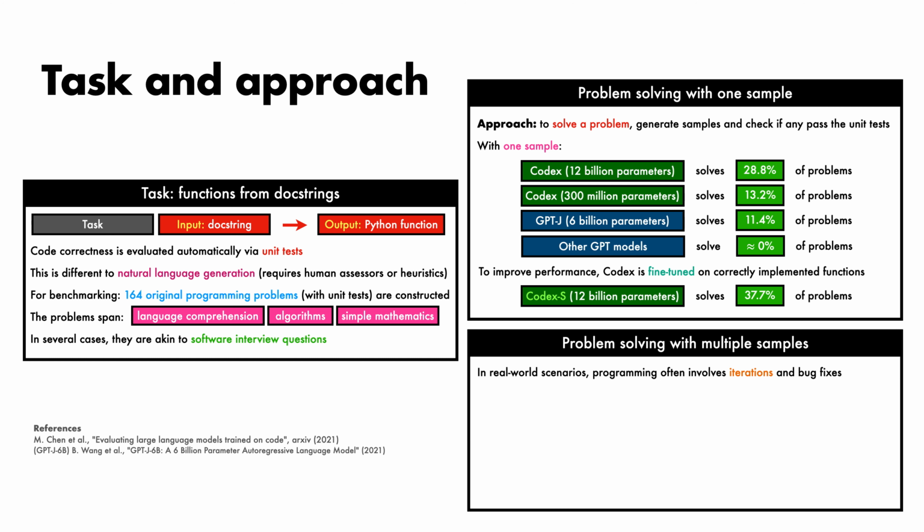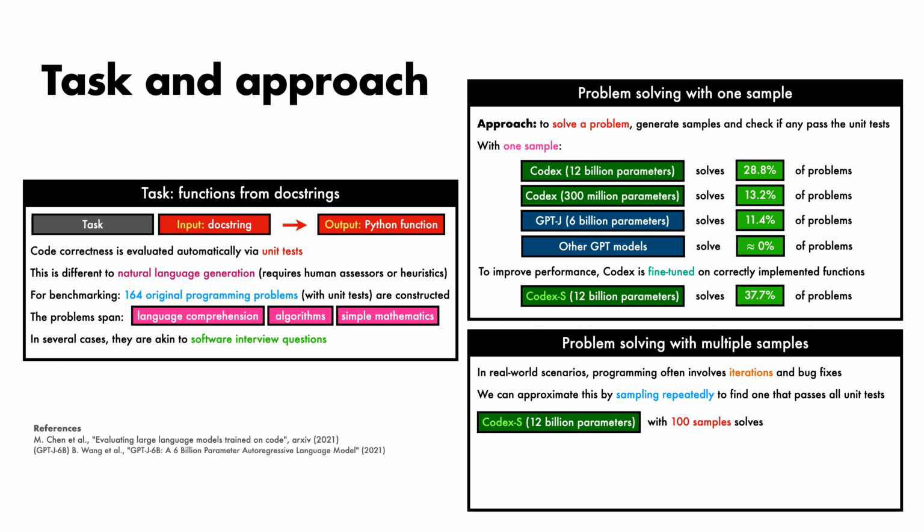In many real-world scenarios, programming tasks typically require repeated iterations of approaches and bug fixes. It's possible to approximate this with a sequence model by simply drawing repeated samples from the model and then keeping a sample that passes all the pre-established unit tests. Using this idea, it is found that if we draw 100 samples from Codex-S with 12 billion parameters, at least one sample solves the problem